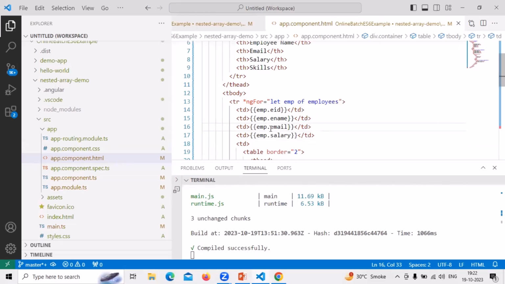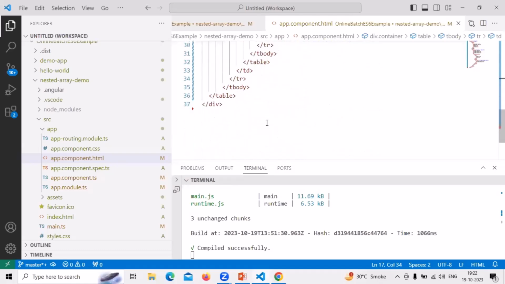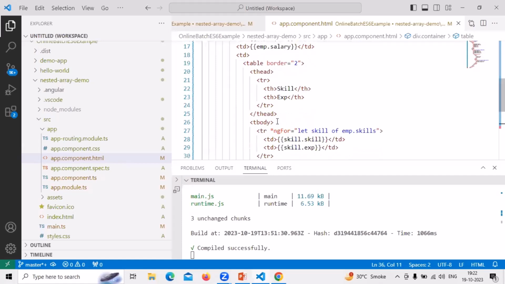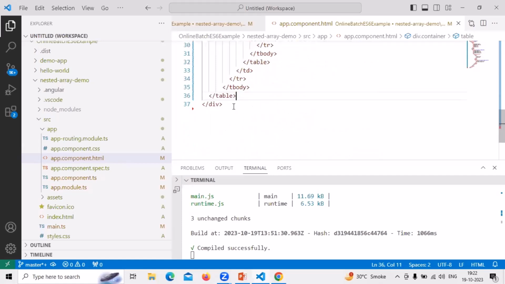Here we are getting a single row because we wrote tr only once. In the single tr we are writing multiple td. But sometimes you can see multiple rows, multiple data, in table format. Okay, let's implement a simple example here. So what I need to do is create one more table element,